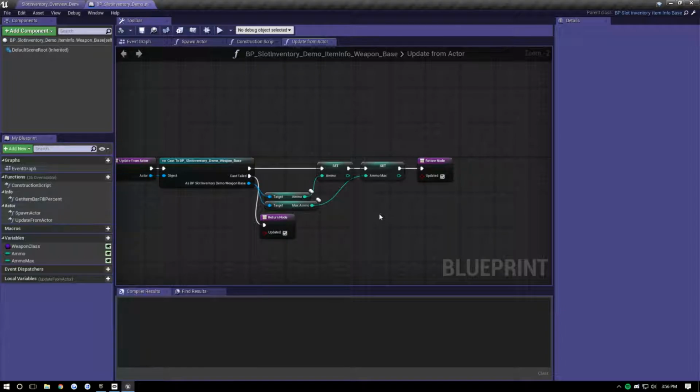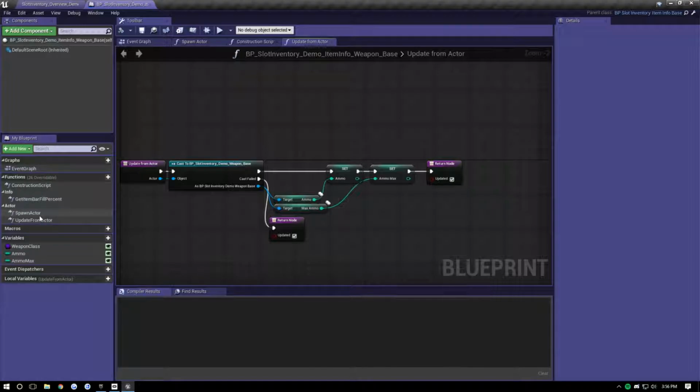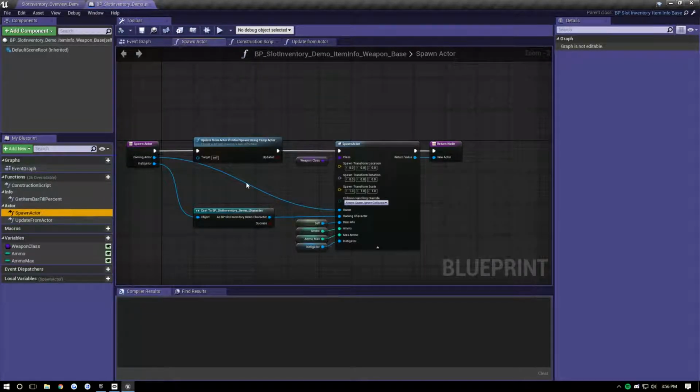That's all the state we need to know about this weapon. This is a very basic weapon system, but if you had more advanced weapons, you might want to have additional state properties here, such as its current fire mode, or does it have any attachments, or things like that. Now, the next thing that has been done in this class is this spawn actor override. So when we spawn an actor,